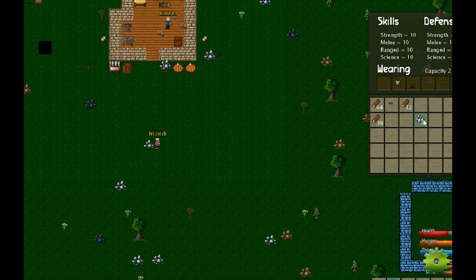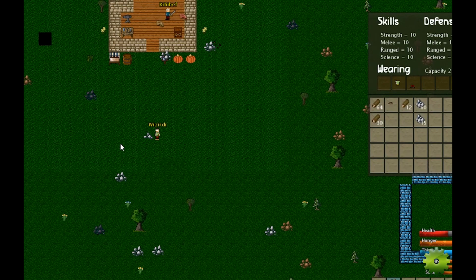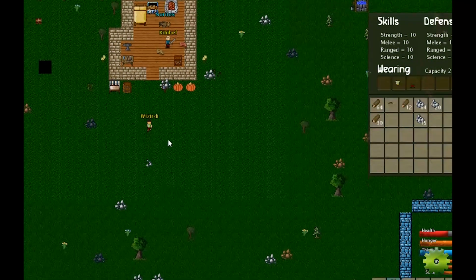But if I use a pickaxe, it's going to give me 12 at a time. So much faster. In the future, basically when you use your tools, it will damage the tools. So if I was to use an axe on an ore, it would damage the axe and eventually break it